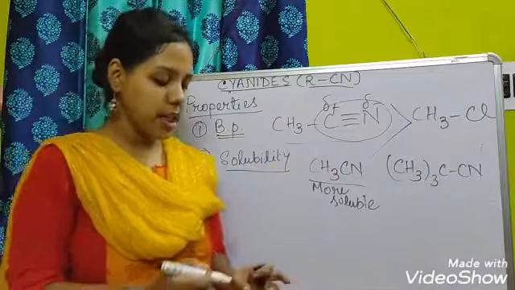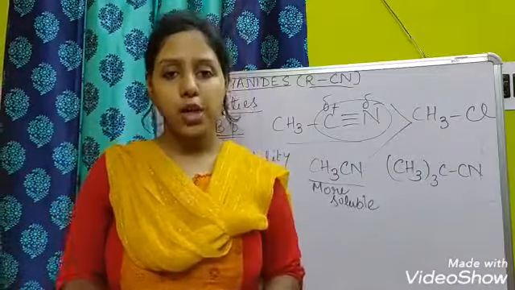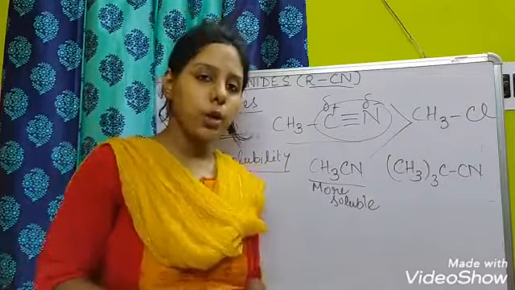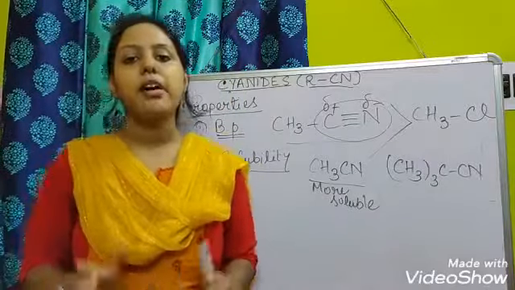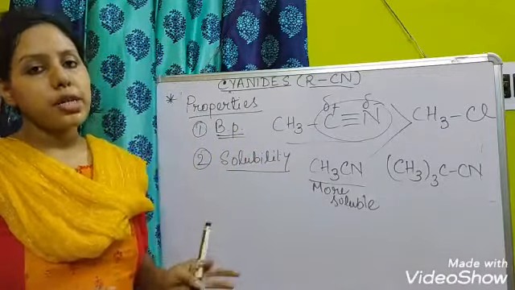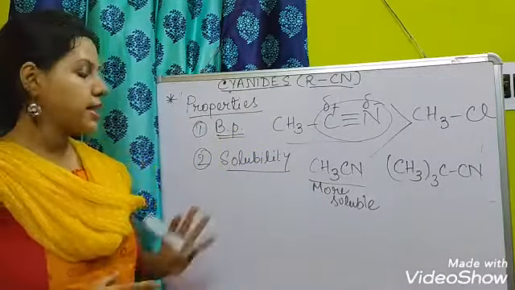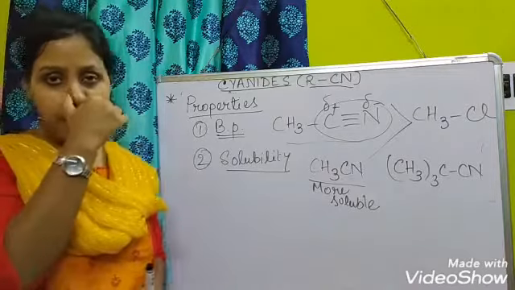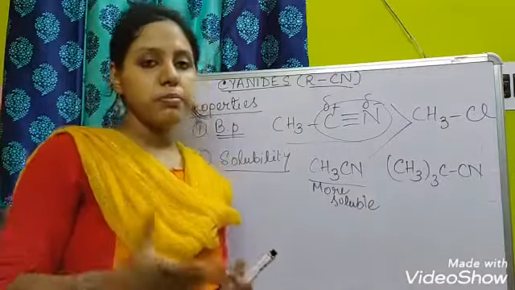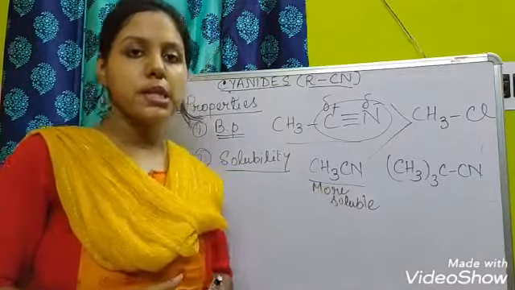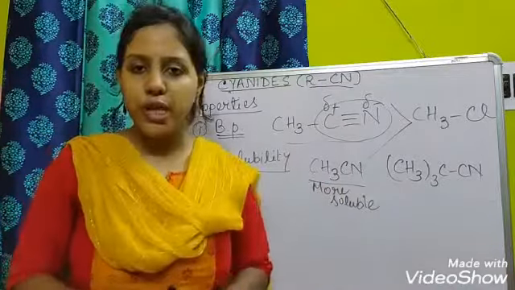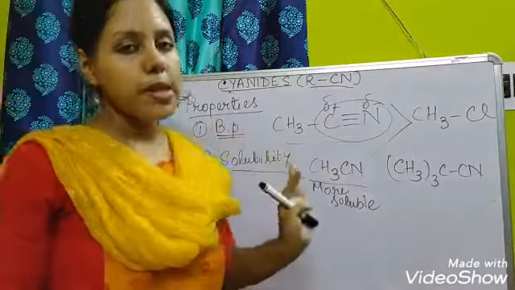But if we consider it in different types of organic solvents like benzene, ether, in this type of organic solvents, these cyanides are very much soluble. Okay, so these are the two important properties. The first one that I have discussed, boiling point, and then the solubility. Many other properties are there, just like their physical texture. After that, these types of cyanides are very poisonous, but these are less poisonous than hydrogen cyanide. So these properties you have to read from the notes. So these 2 points I have discussed here.